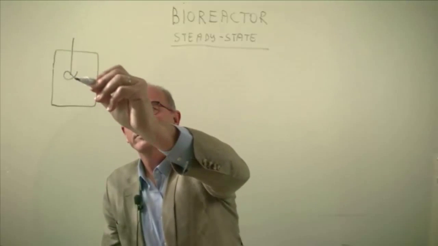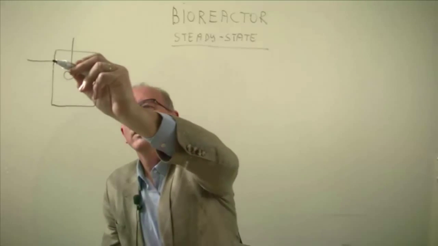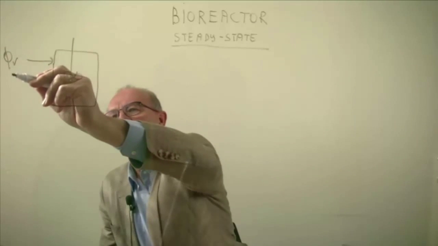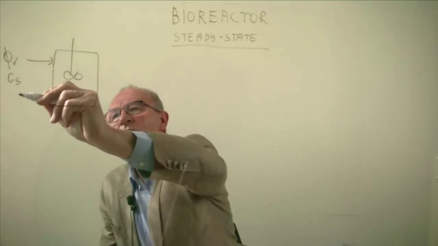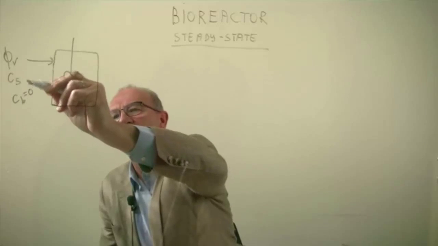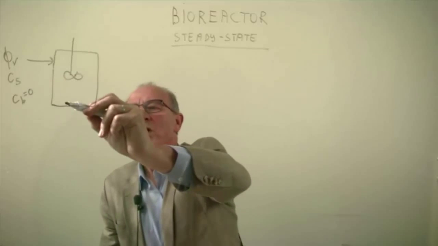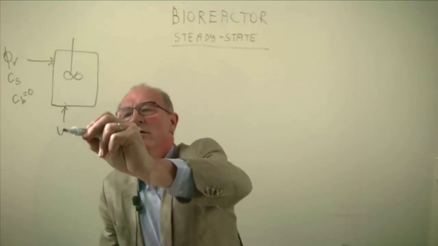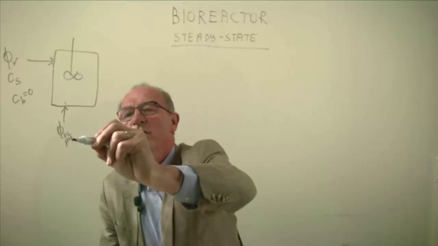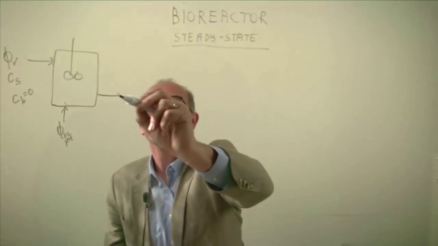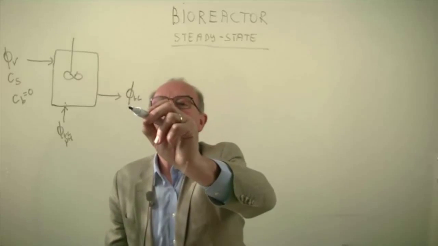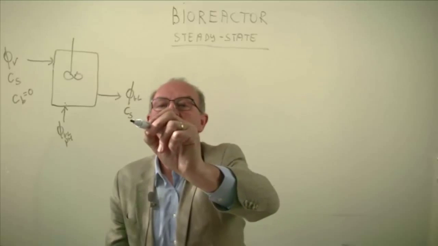The tank is well stirred, and here we enter a certain liquid flow with a certain concentration of substrate and a biomass concentration which is 0 in the inlet. We also add a little bit of flow rate to adjust the pH, which we call the pH volume flow rate, and the total volume flow rate is leaving the bioreactor and contains a certain concentration of substrate and a